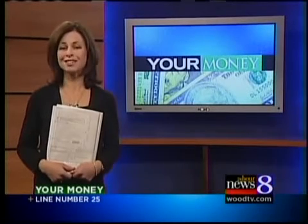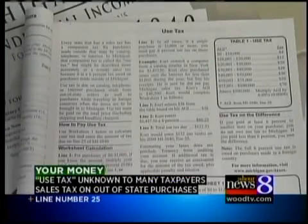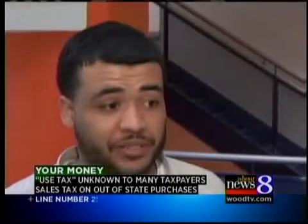with the definition, the sales tax you owe on out-of-state purchases. Last year, just 2% declared a use tax on their return, so it's a sore spot with the state treasury. It's a common admission. Most people don't know what a use tax is. I'm oblivious to it. I didn't know that you were supposed to pay taxes for items bought out of